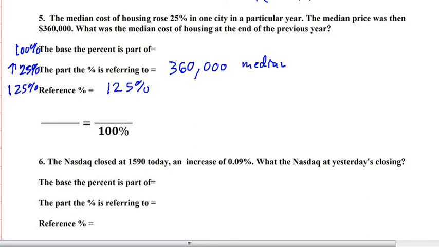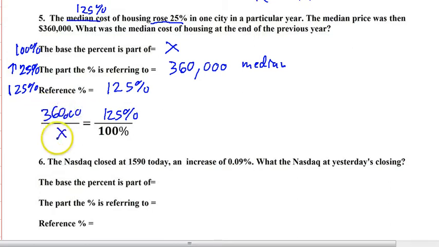125%. It's like the discount problems where we were given the sale price. You add 100%, you take off 30, you're left with 70. Well, these are increases. So you're not taking off the 25, you're adding the 25. So the median cost of housing rose. If you see this rose, that means the median will be 125. And then now we can look and see what was the median cost of housing at the end of the previous year. So we put 125 here,